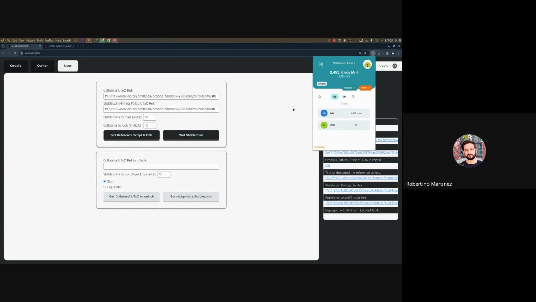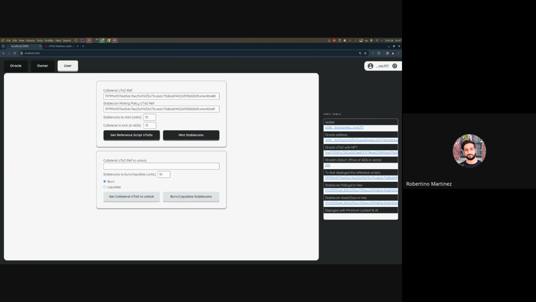First test that we want to run is to see if we can burn them. So we could mint them. Awesome. It works. We have them. Now we want to check if we can burn them, right? Because for some reason, I want to get my money back. So to be able to unlock the collateral, we need to provide the actual collateral that we want to unlock. So if we go to the transaction that